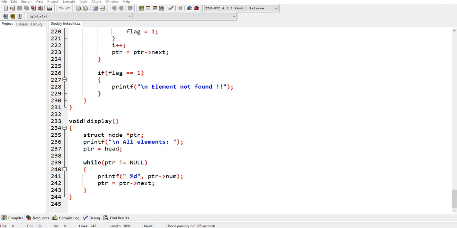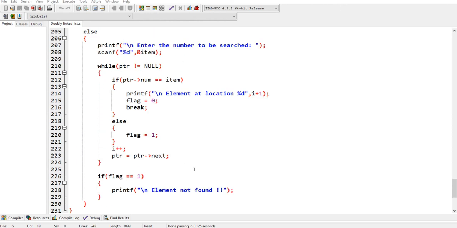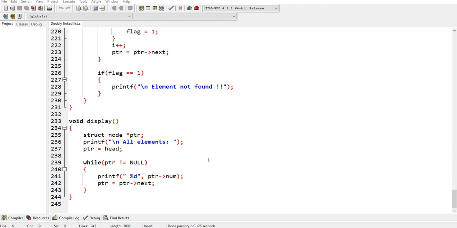In display struct node, it will print all the elements from head. In while loop, pointer is not equal to null, it will show pointer of num, which is all the elements present in the list, and pointer is equal to pointer of next. So here it will show all the elements which are present in the list.